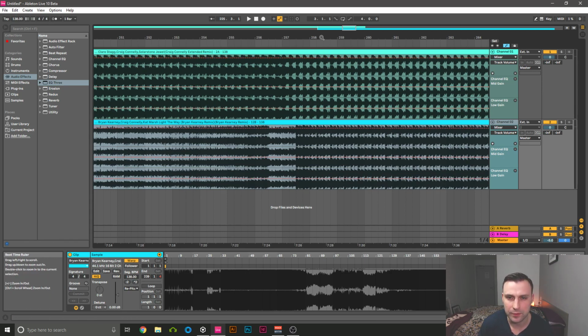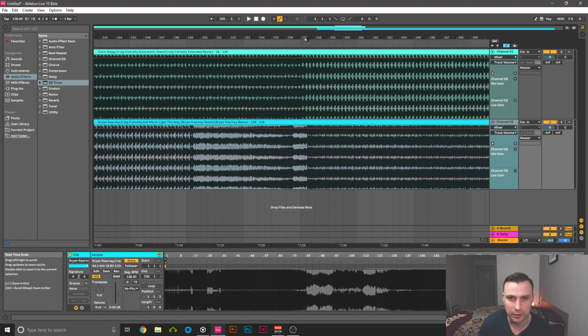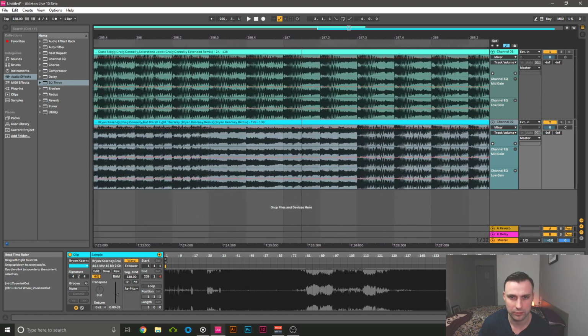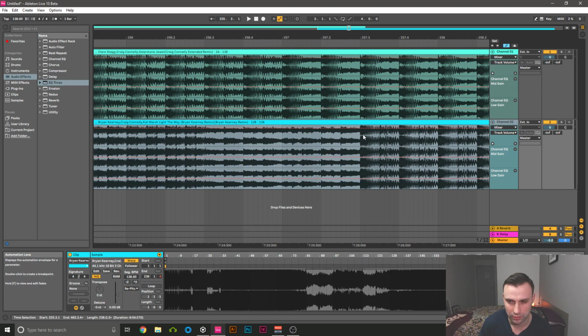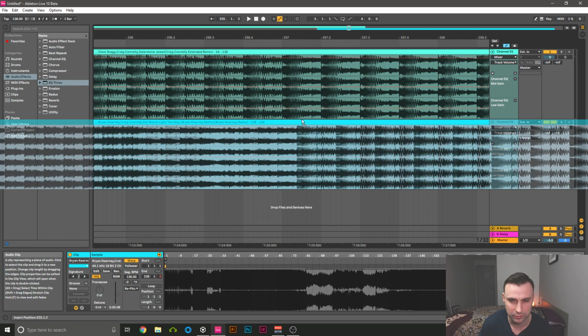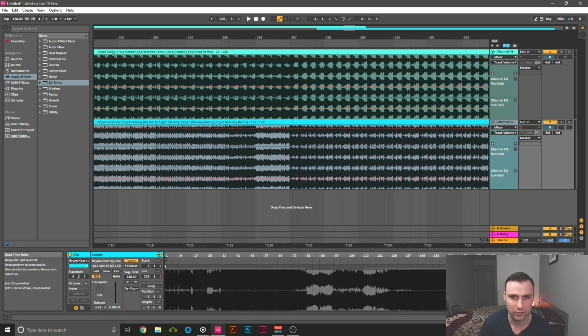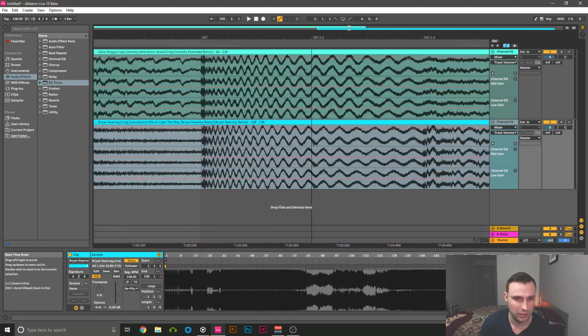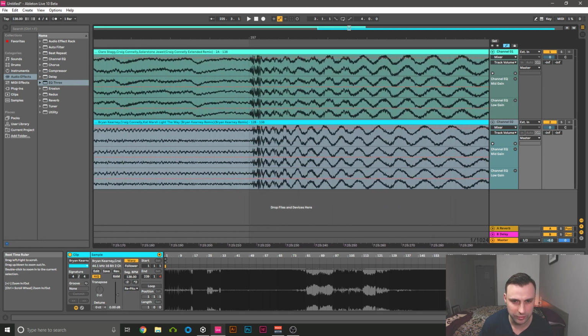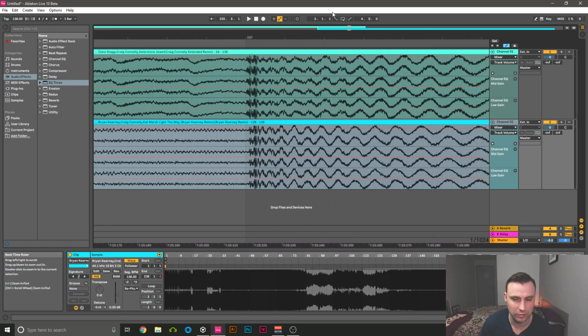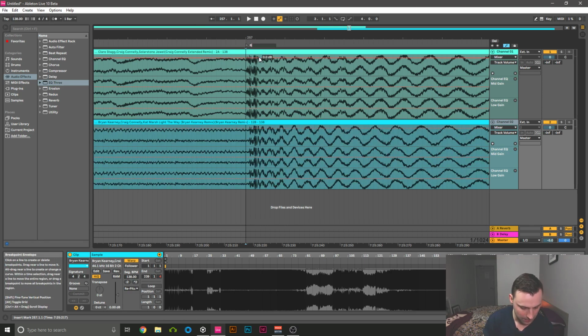Let me zoom out and back in. So you can see it's around this 257 bar mark. So I'm just going to zoom in and bring this point forward to the same point, and just zoom in for a little bit of precision. That looks pretty accurate. You can also right click and add a locator and just call that bass swap,